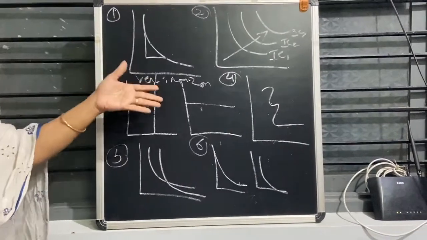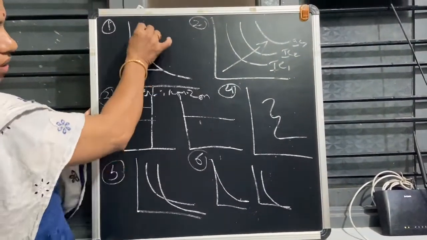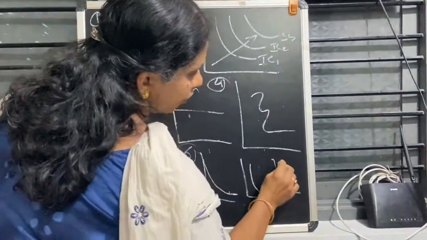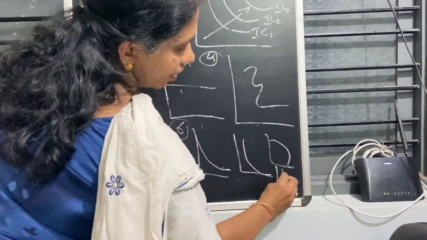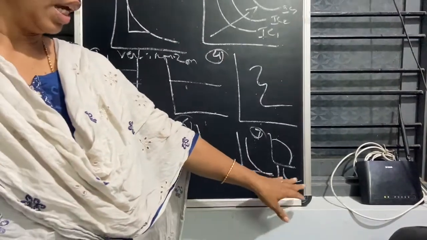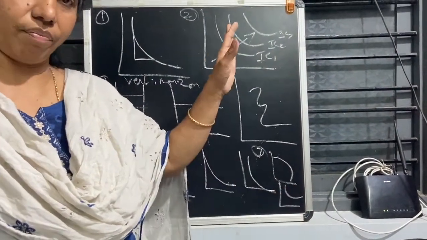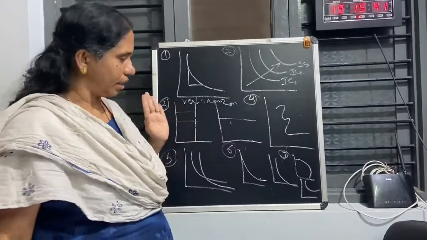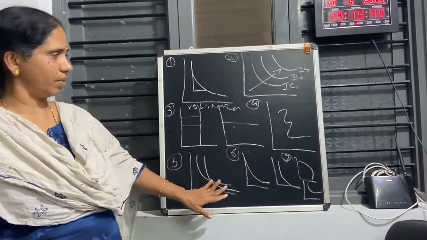Also, you can talk about convex and concave. The indifference curve is convex to the origin. It is not concave. We saw the PPC curve, no? It will be like this, but the indifference curve will always be like this. Again, this is because of the MRS. If it is concave, it means the MRS is increasing, but it will never increase. MRS means we have to substitute one commodity for the other to get equal satisfaction.